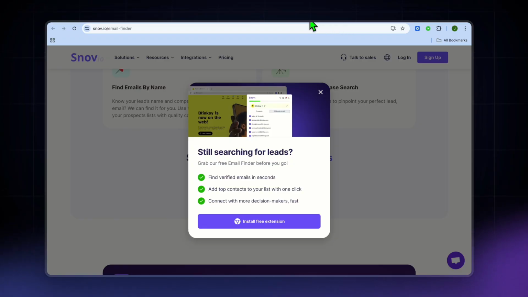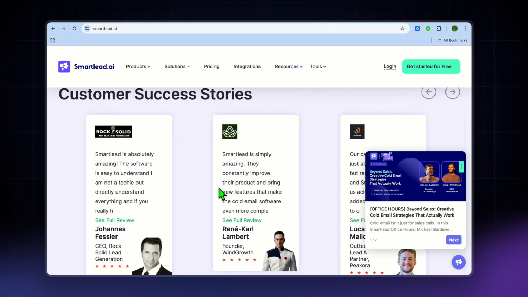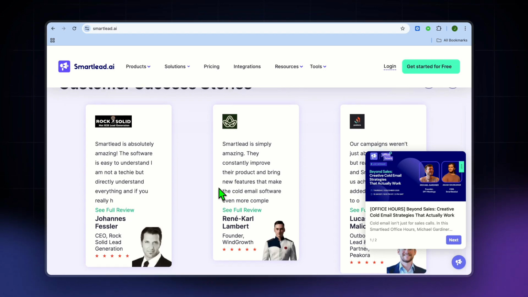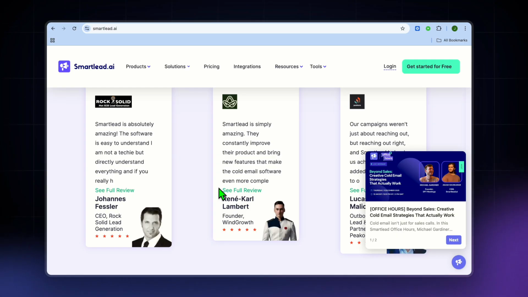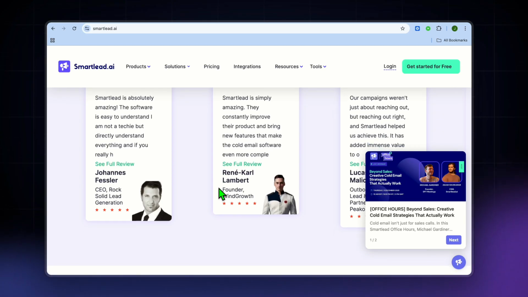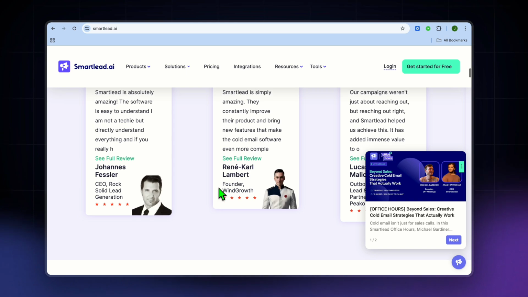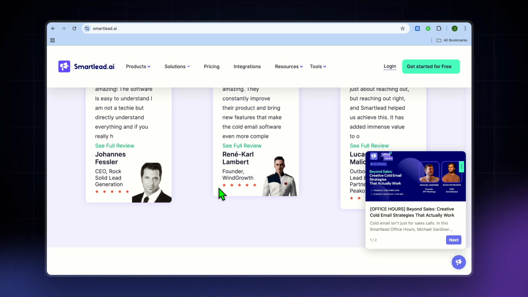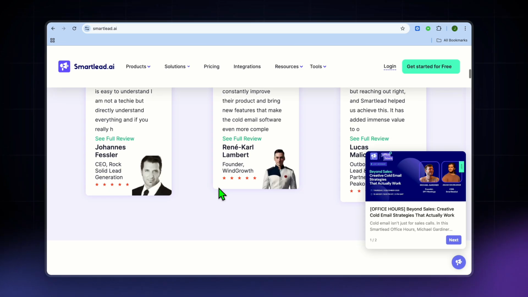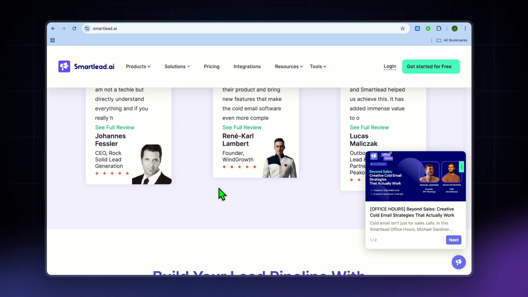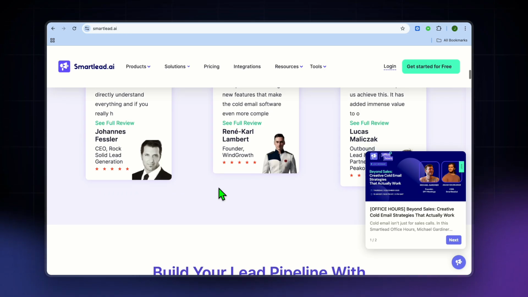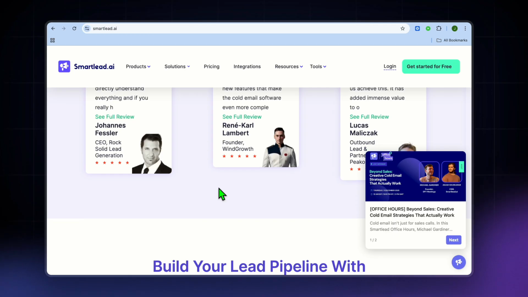Now let's quickly talk about Smartlead.ai. Some of its main features include an AI-powered cold email engine, so it automates campaigns and reply classifications, so positive, negative, and out of office, and also unlimited sender accounts on many plans, so you'll be able to connect many email inboxes and rotate sending to protect deliverability, and it also offers automated warm-up. So you warm up your mailboxes gradually to avoid spam filters,